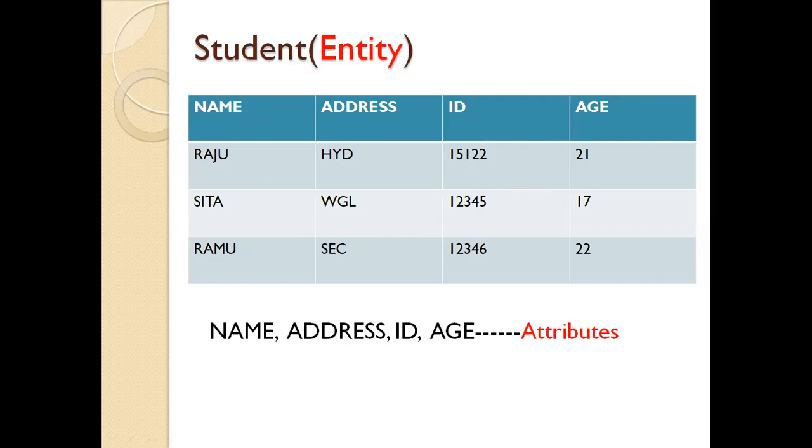Okay, now, so what you are trying to do here, you create a table, you add columns into a table, you insert data into the table, and now you are having your student table. From this student table, I can ask a query, or I can pose a question out of this table. What is that question? Suppose I'll be asking, list out all the students whose age is less than 18. So what is the output that you should get? Who is the student who is having age less than 18? Sita. The answer should be Sita. This is what you do.